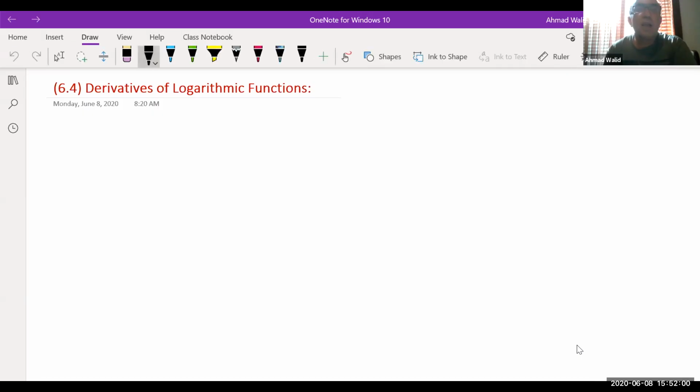It means if you have y equal ln x, it's the inverse of e to the power of y equal x. Today, we will discuss the derivative of some of the logarithmic functions, and I'll start with the derivative of